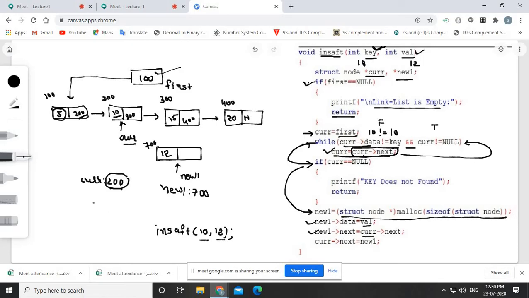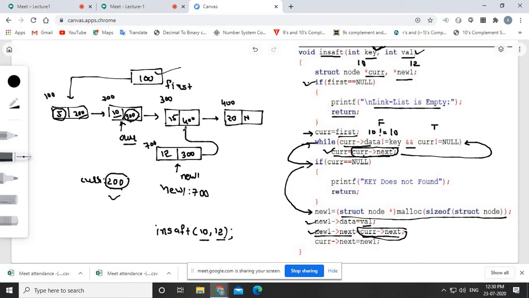It is on 200. What is there in its next part? We have 300. So this 300 we are putting into the next part of the new node. My new node is this one, and this is its next part, so I am copying 300. If you copy 300, the link will be established like this.